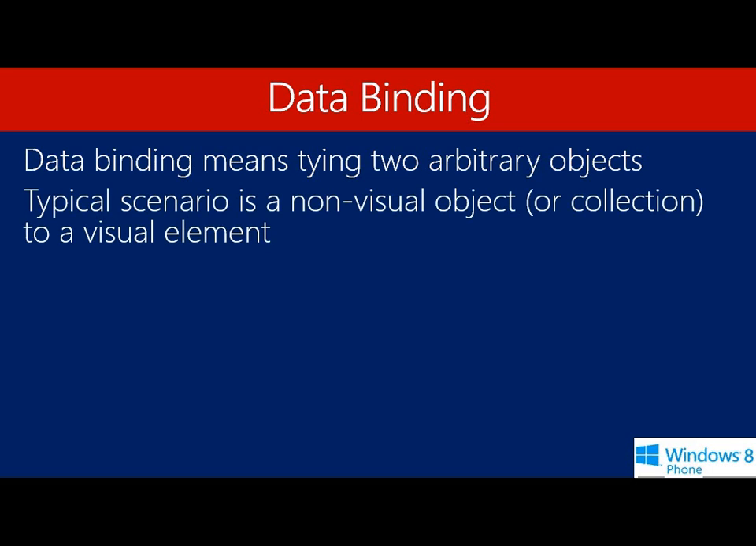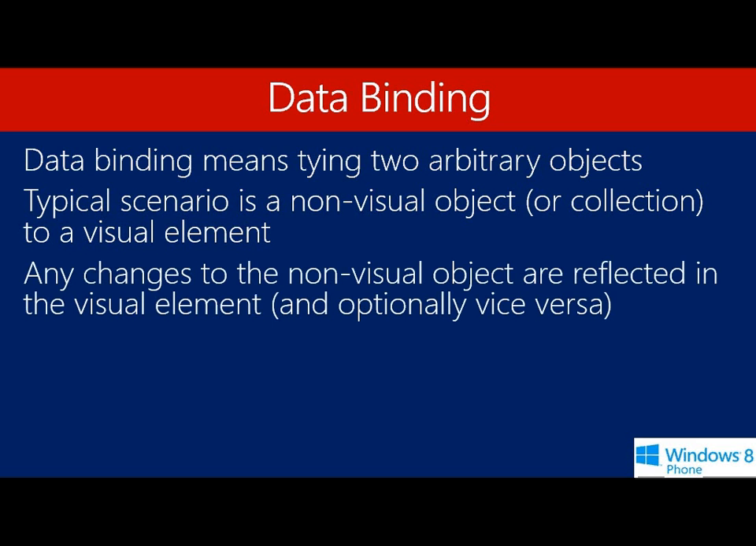These objects can be anything. They both could be visual objects, but can also be non-visual objects. The typical scenario is a non-visual object. That means some data object that is bound, or connected in some way, to a visual element. So when anything changes in the data, the visual element that shows something about that data changes automatically, without me having to write any code, simply by creating the correct data binding